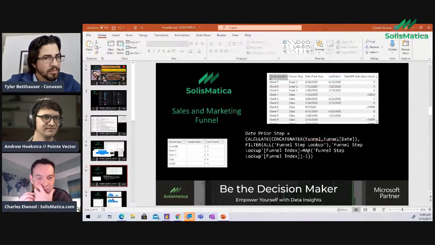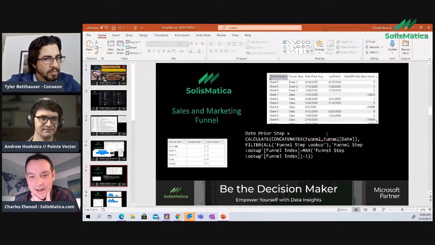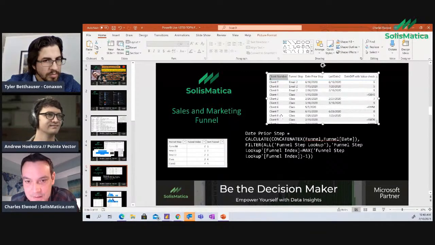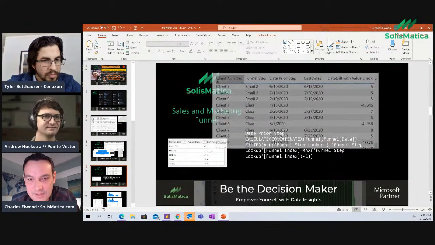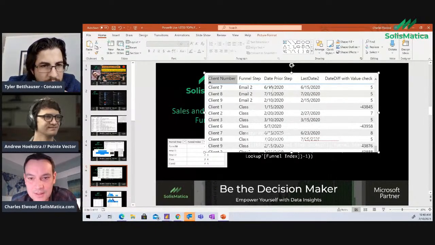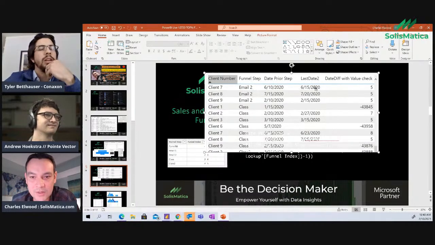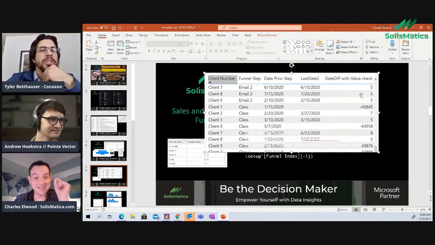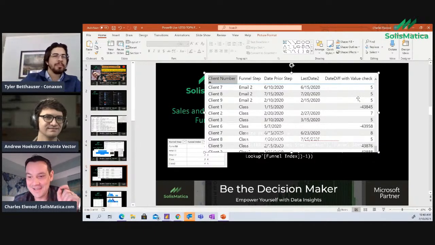So it's a really abstract way to think about it, but this function right here was magical, because you can see here, for each row, for each client, I had email step 2, and the prior step was 6.10. The current step is 6.15. So now I can find the delta between email 1, which occurred on 6.10, and email 2, which is 6.15. And this led to,